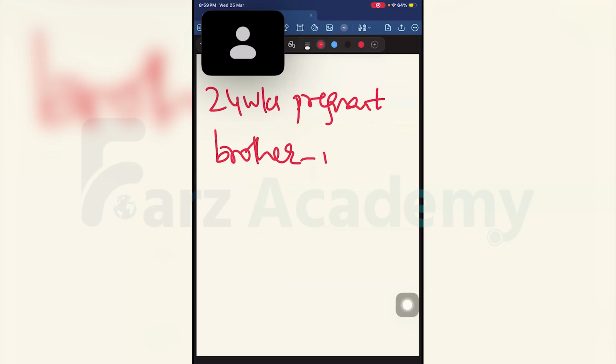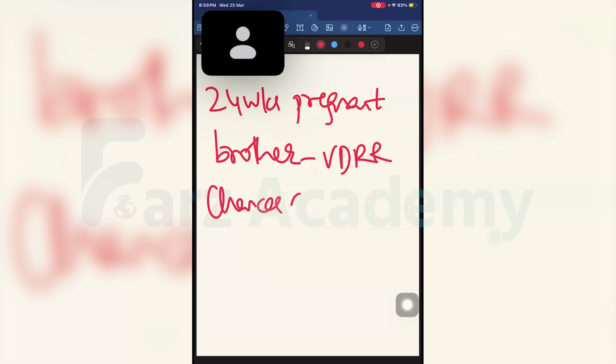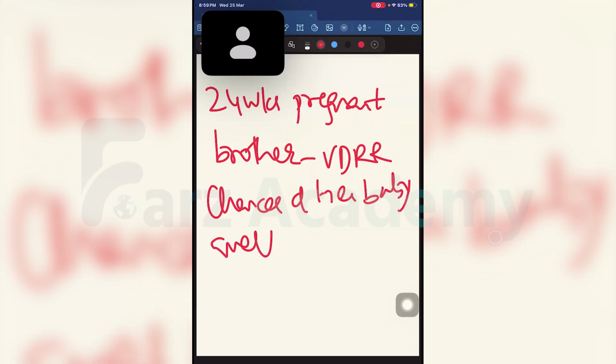A 24 weeks pregnant female, with her first child, comes and tells you, I have a brother who is a vitamin D resistant rickets patient. She wants to know the chances of her baby, in this first pregnancy, having the condition. She says she is absolutely well, and has not had any testing or even gone to a doctor before. These 24 weeks were all uneventful. What is the approximate probability of the woman passing on the condition to her child?